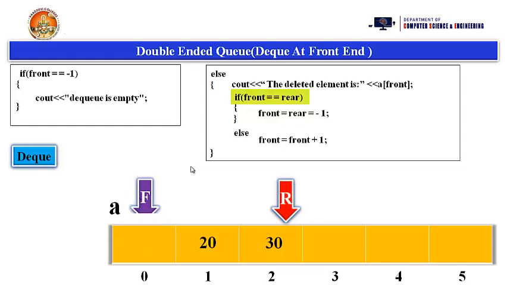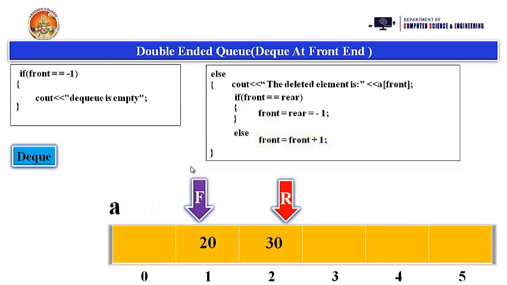So now front is pointing to the 0th location and rear is pointing to the second index position. So both are not equal. So condition false, then go to the else part. So what is the else statement? Front equal to front plus 1. We need to increment the front value now. Why? Because the 0th location is now free here. Now we need to move to the first index position here. So it is moving to the first index position.